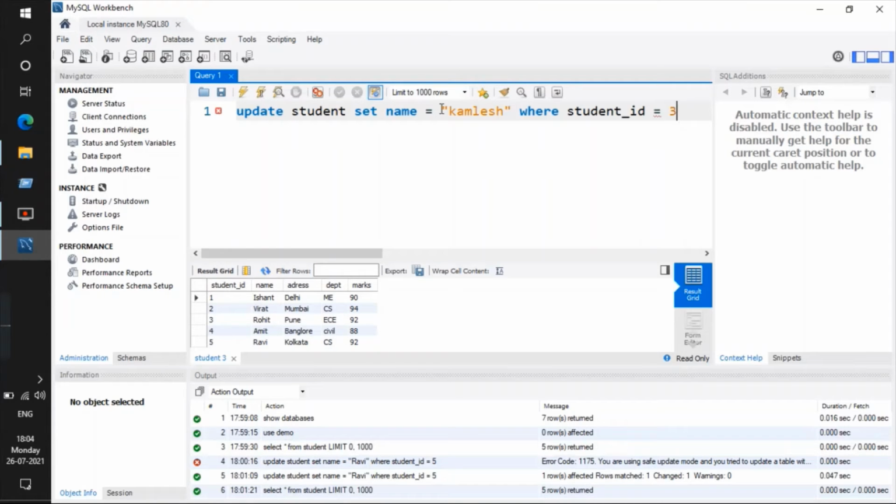Let's give it 3. Okay. So update student, and this is the table name, set name equal to Kamlesh, where student ID equal to 3.